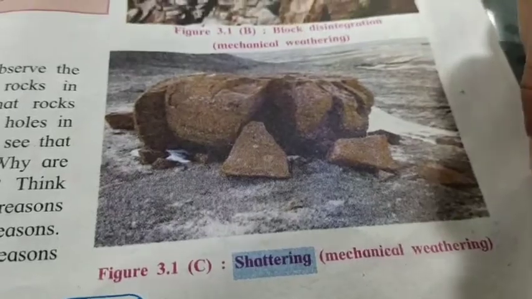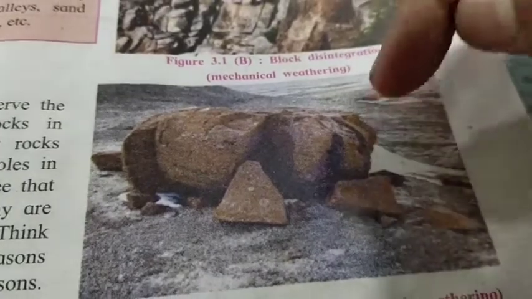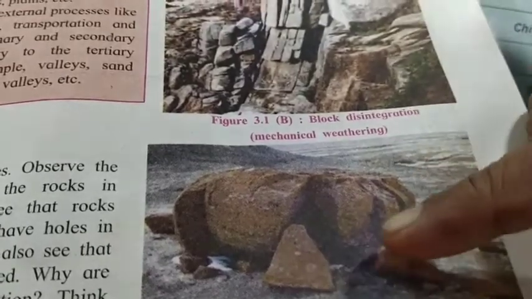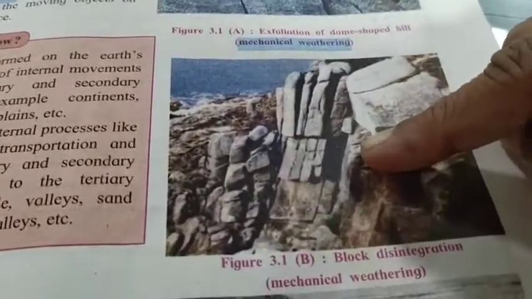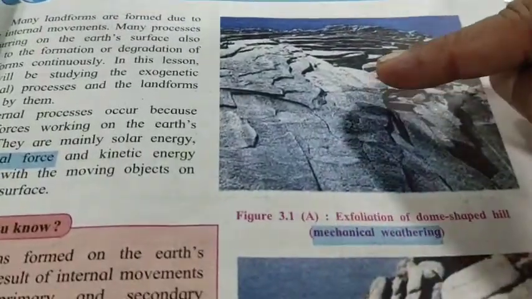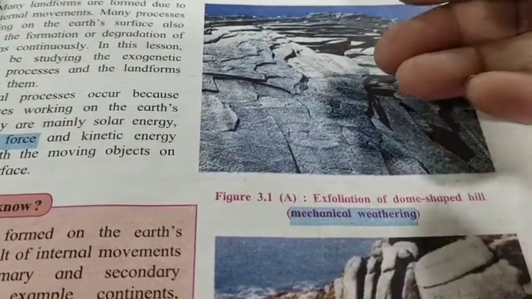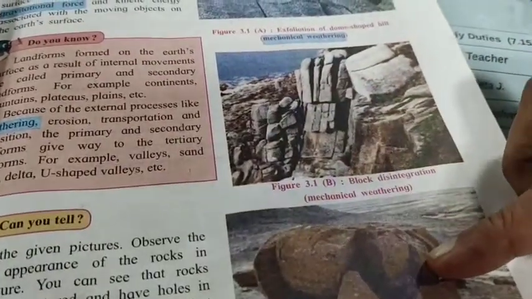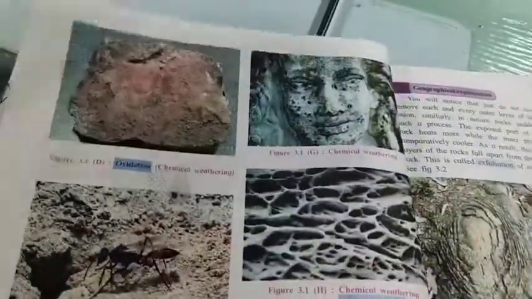Now here also we can see that this was once upon a time a whole rock. Now look at it. What has happened to it? It has broken up. These are the pieces of the rock which have come apart. Has man gone and broken this rock? Or has man carved the fine scales of this rock? It is not like this. So these are the images that tell us about mechanical weathering. Today we are going to discuss what mechanical weathering is all about in detail.